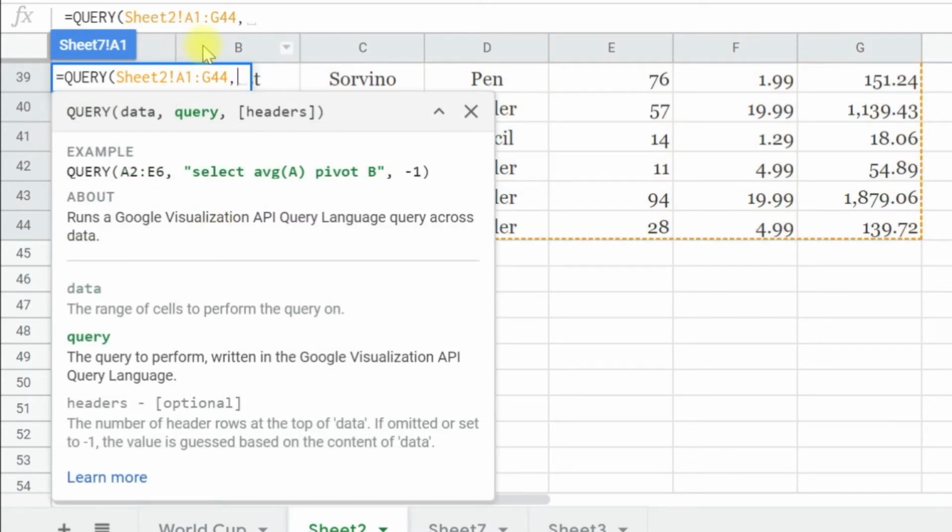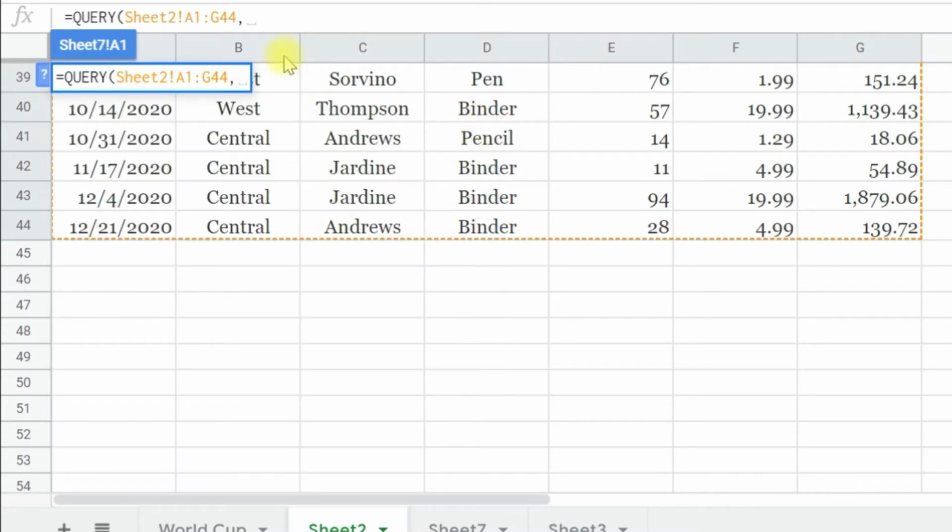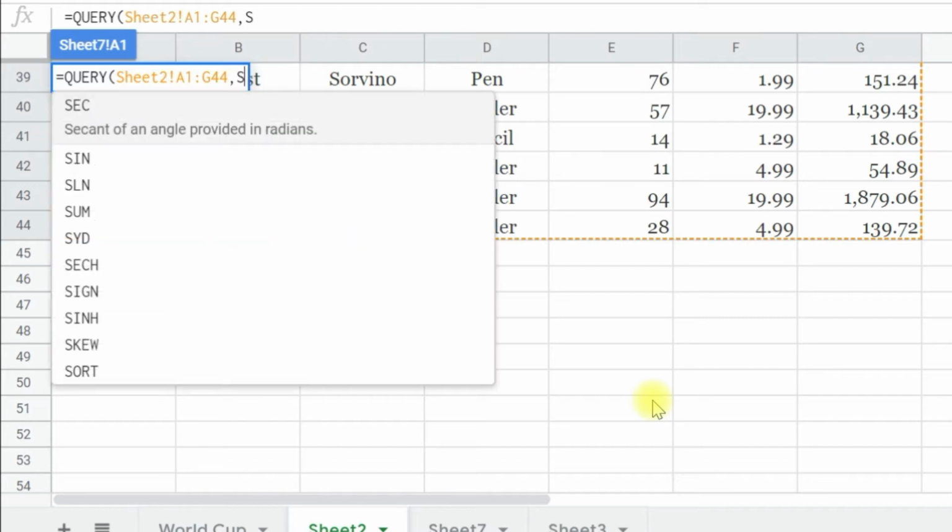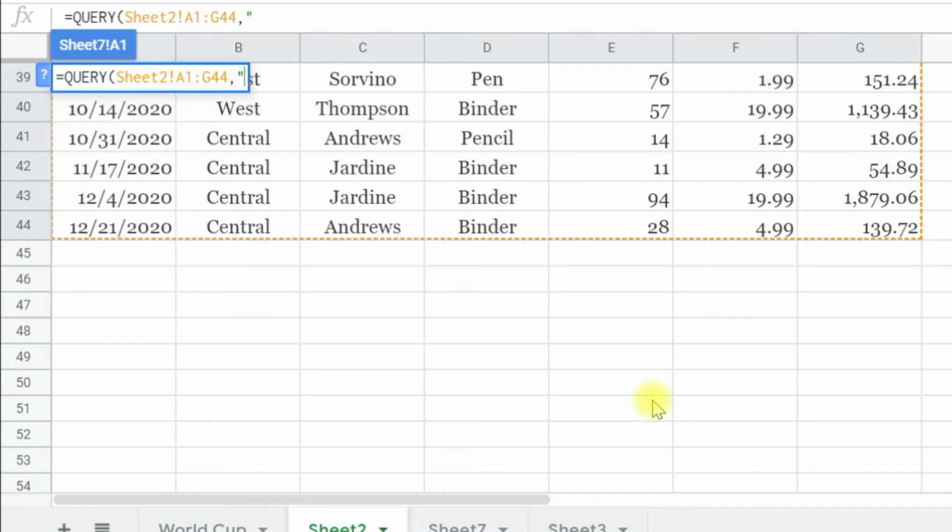The second entry is the columns we'll select. We'll write select here under the quotation, and in caps lock BCDE.